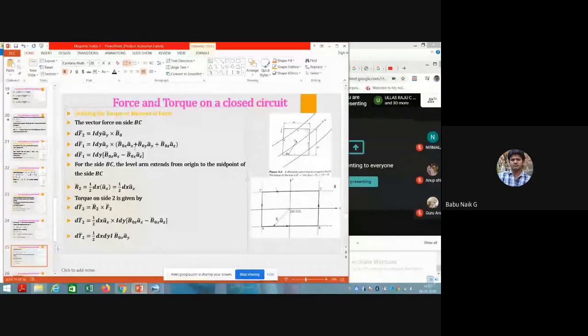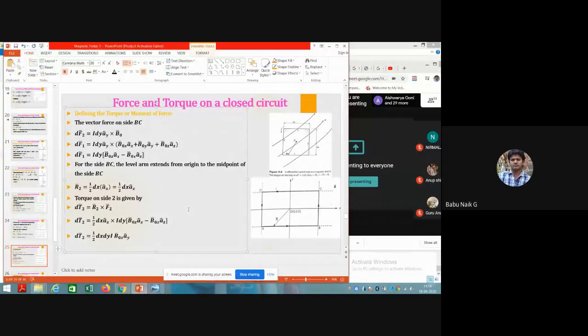A cap y and a cap x will give a cap z, which is minus. Then a cap y and a cap y will give 0. Then a cap y and a cap z, you will get a cap x, which is positive here. So you can take that down and calculate here. Now for this, you calculate the force. What will be the force on this complete BC line?